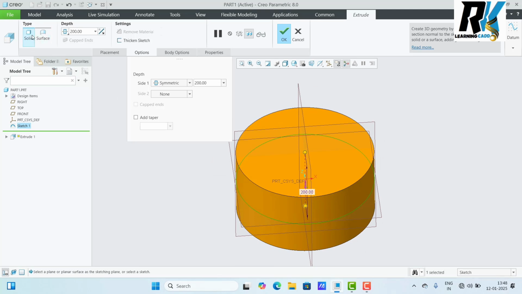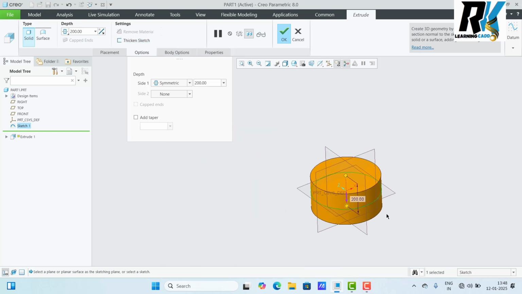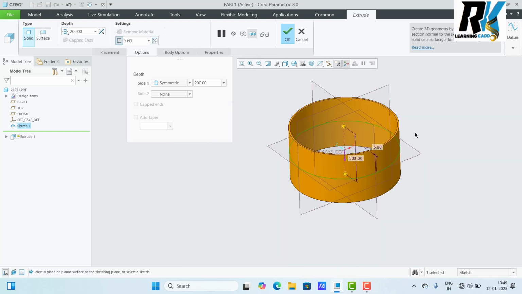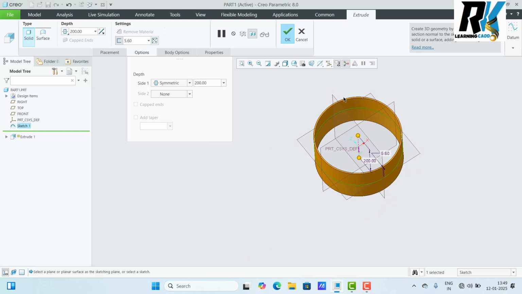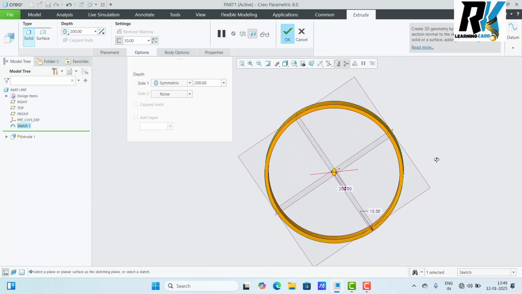Now I select a solid, that is, uncheck it. In this situation you see we have learned the variable and symmetricity options. Now here see the thicken option. If I activate this option, you see the thickness is applied to your sketch's outer side. How much thickness? I type 10 here and press enter, you see 10 thickness applied. This thickness is going to the sketch's inside direction, but I want it to go outside, so you can check outside here.